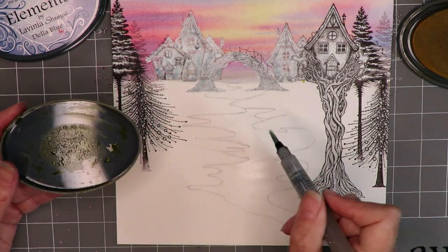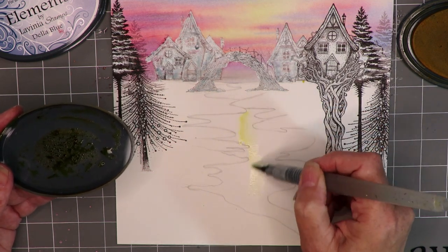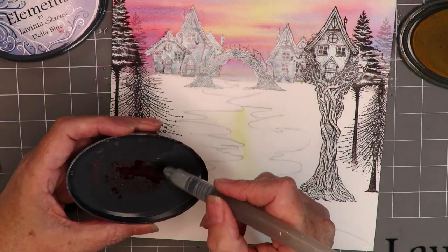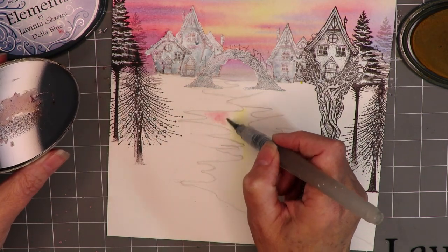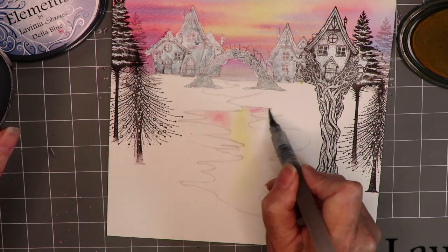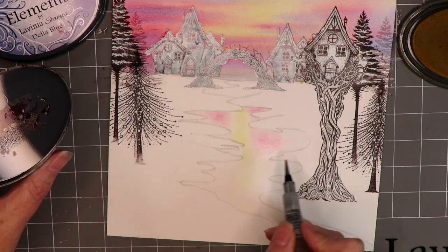What I'm doing here is I'm first of all adding the water to the lake so that the ink blends better, and I'm starting off with a line of yellow right down the centre, and we're doing the reflections of the sky, so we're using the same colours again, and just very lightly dab them in. And we're doing a sort of a stripe of yellow down the centre with some pink either side, and then